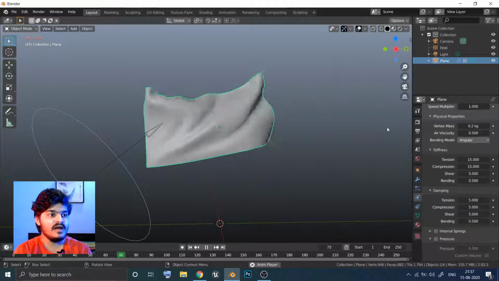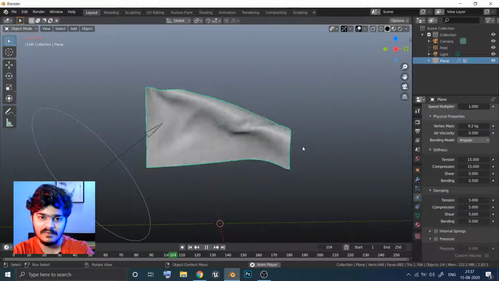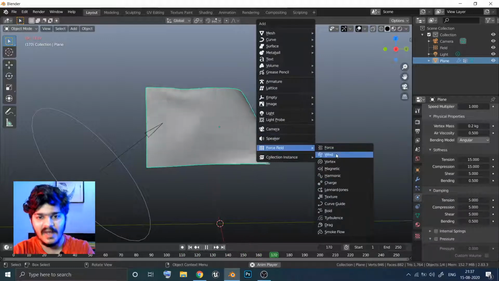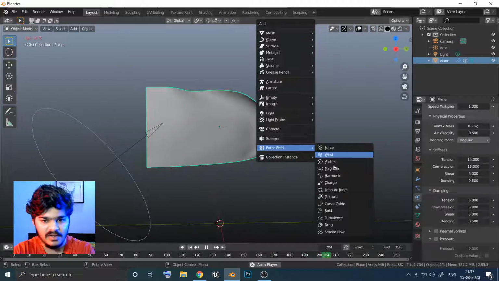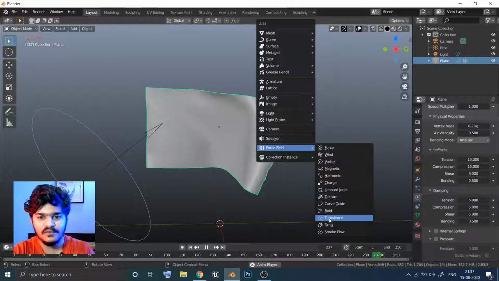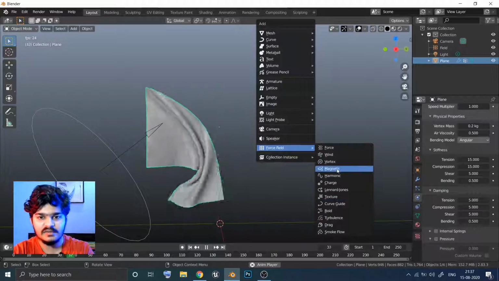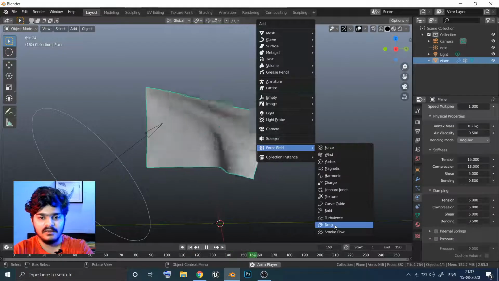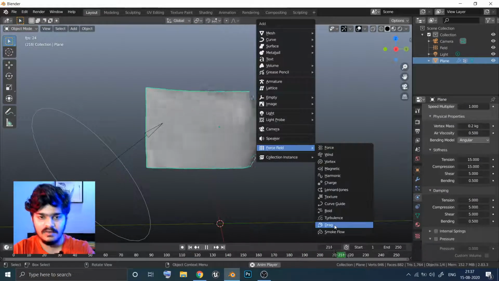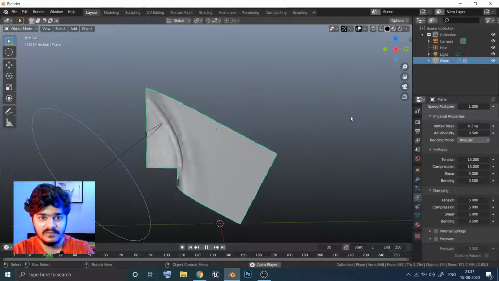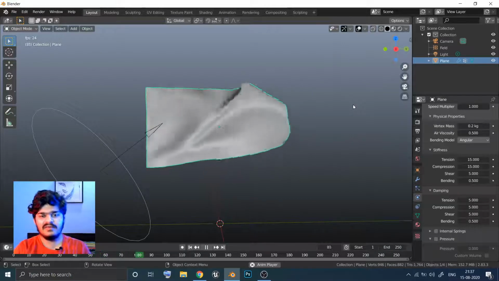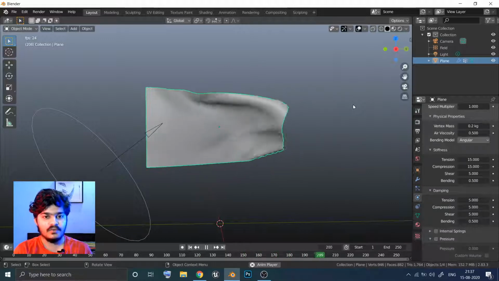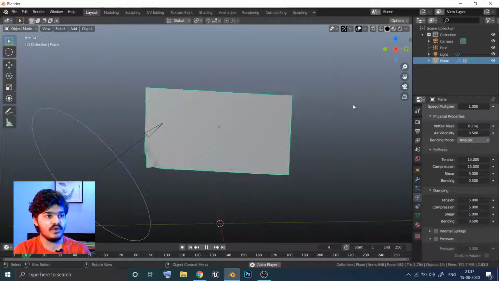And of course there are other force fields also. Of course, you are not going to go through all of them. Even I have not gone through all of them as of now, because not everything is important. Mostly turbulence and wind are the two which are mostly used. There are others. I haven't used them as of now, so I have no idea. Maybe once I use them and they are of use, then I'll show you. Otherwise, there is not much use. Mostly wind and turbulence does the job. So I hope you learned a lot from this video also.